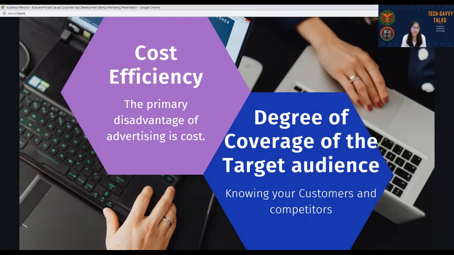Okay, another dimension is the degree of coverage of the target audience. It involves finding out as much as we can about our customers and taking note also of our competitors. Why competitors? Let's say, for example, you may find that your target market reads a particular magazine wherein your competitors advertise in every issue. If so, it might be a good strategy for us to advertise in this publication as well. You may also find out that your customers are in need of a particular service which you could easily establish and offer as a competitive advantage. Having this consideration, it would be easier for us to choose which marketing tool shall be used to promote our products and services.